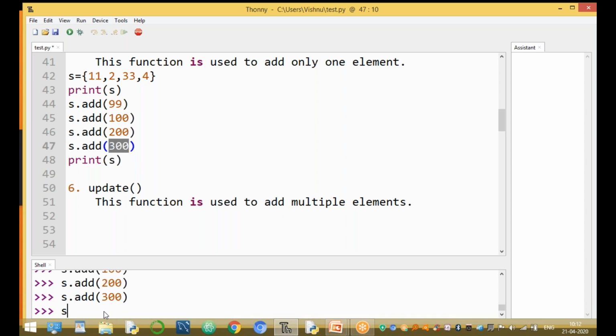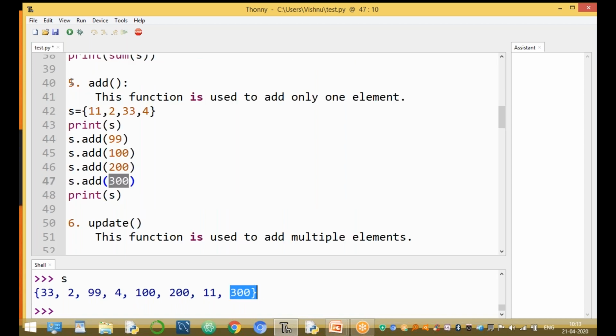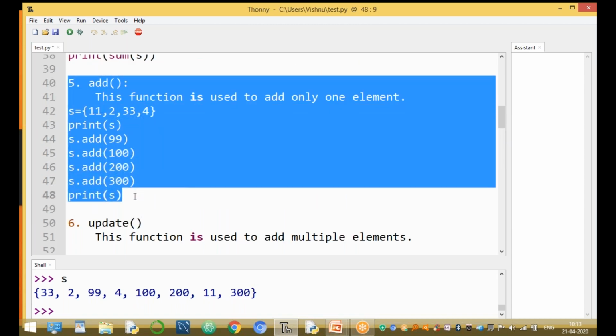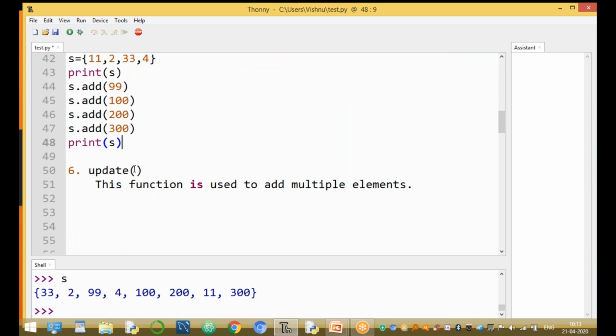After adding the elements, print the set. This function is mainly used to add only one element at a time.